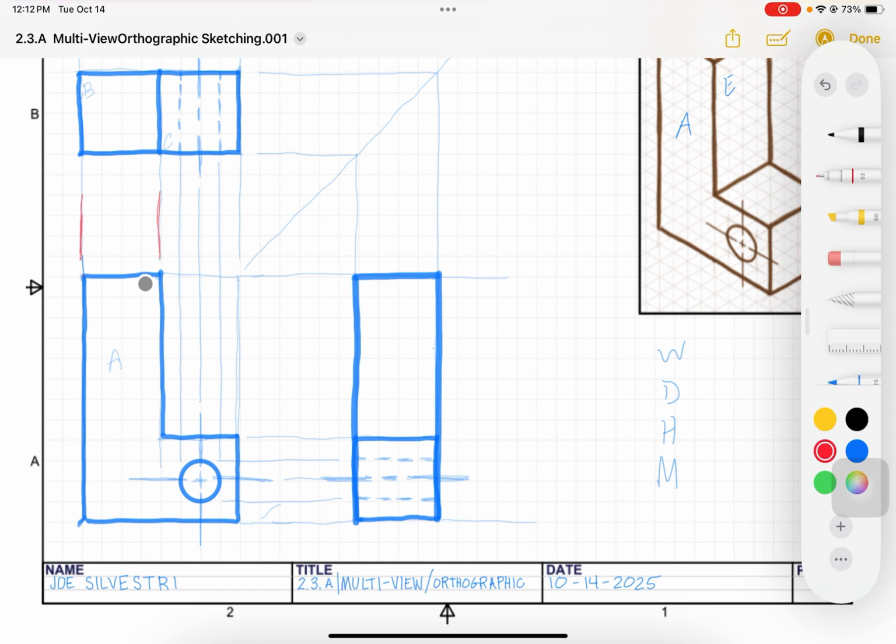Okay, let's go ahead and put our dimension line in. Now, this surface is the outermost edge along the top of the top view. So I've got this edge and this edge, and this is the outermost when looking at both of these, which is good. And so I'm going to go from the outermost edge. I want to go up 2 grid blocks, 1 and 2,